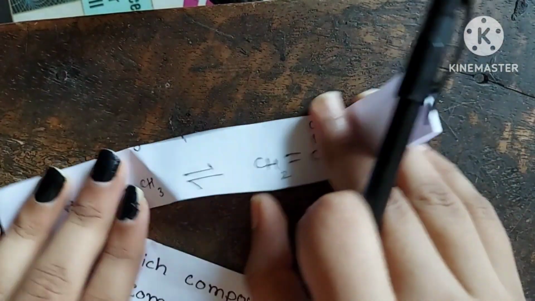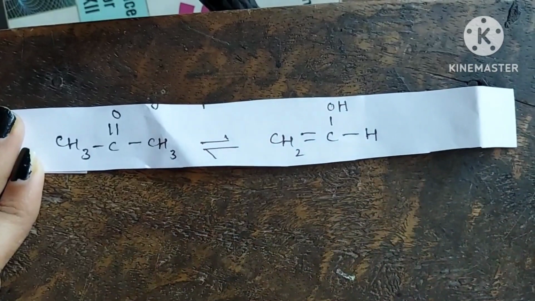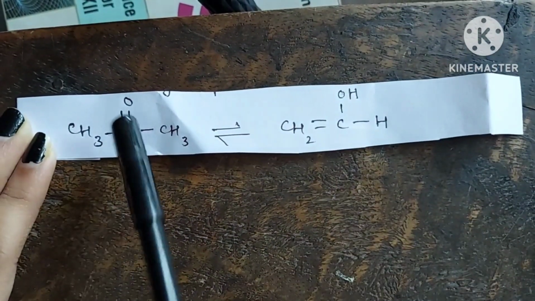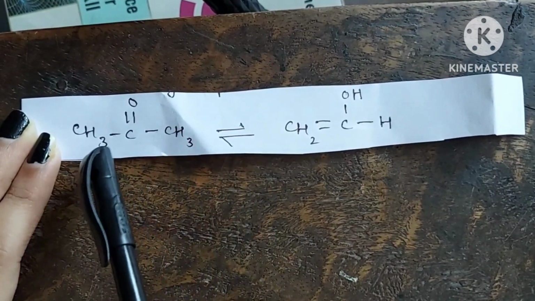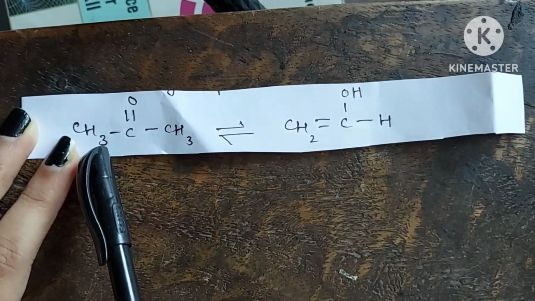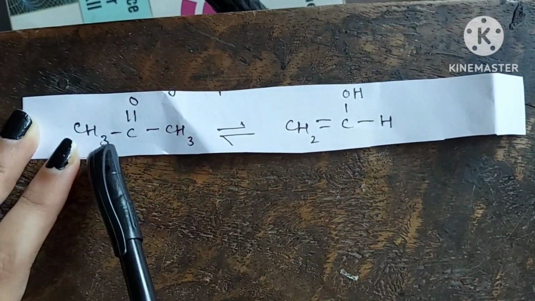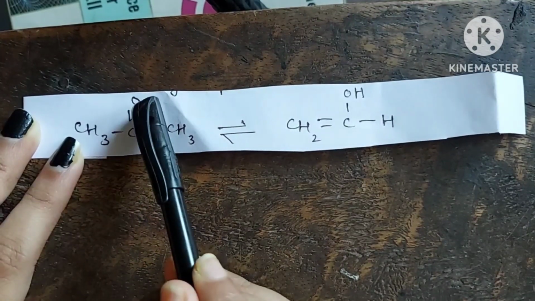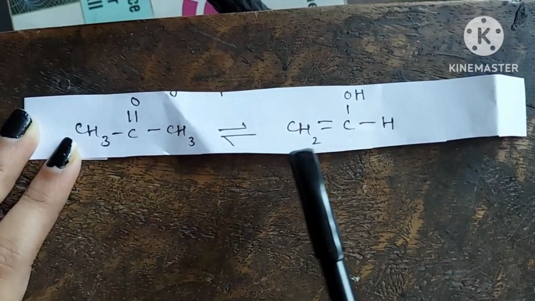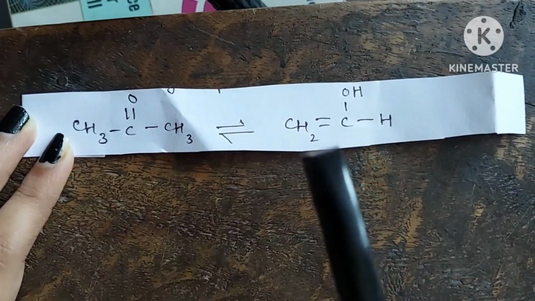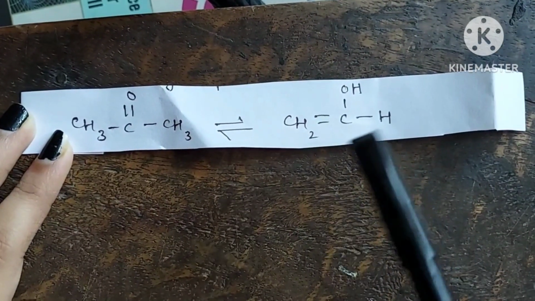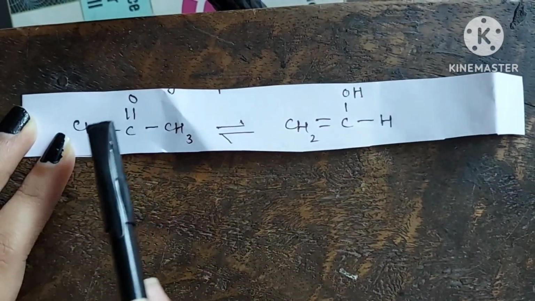So this is the example of ketone group. This is a ketonic group. Here 2 alkyl groups are there. Here there are 3 hydrogens on carbon. Now one of the hydrogens is shifting to oxygen. So here 2 hydrogens are left over. 2 hydrogens are over here, and the double bond is shifting from here to here.